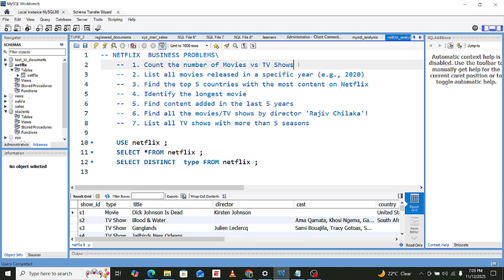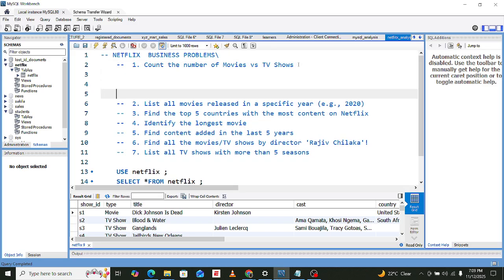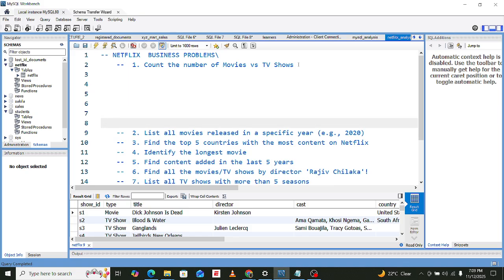So the first business question requires us to count the number of movies versus the TV shows. Now that we have seen that we have two types, a movie or a TV show, we are being asked to indicate the count of movies and the TV shows that we have in this data.